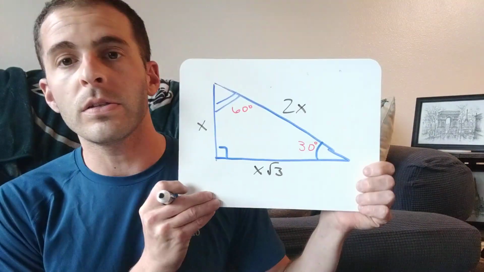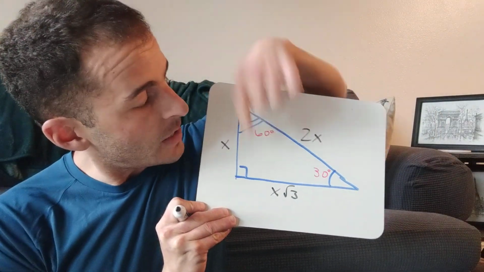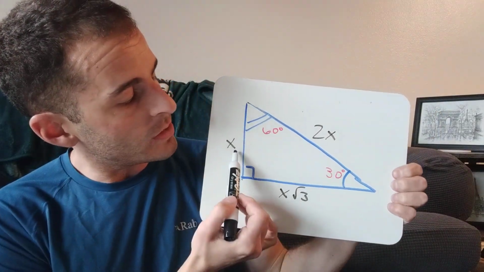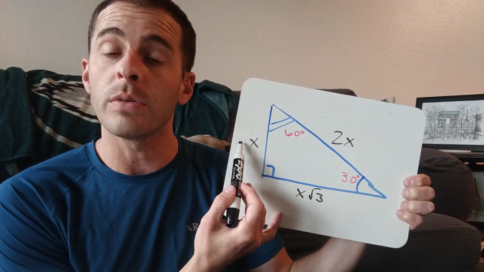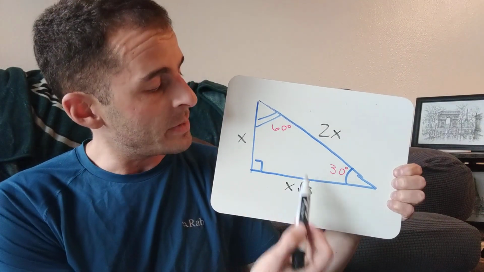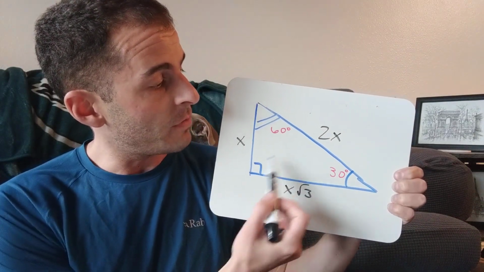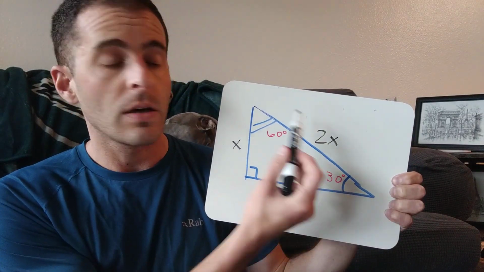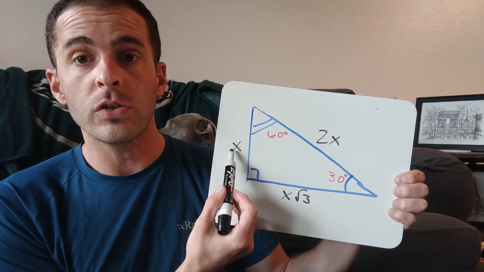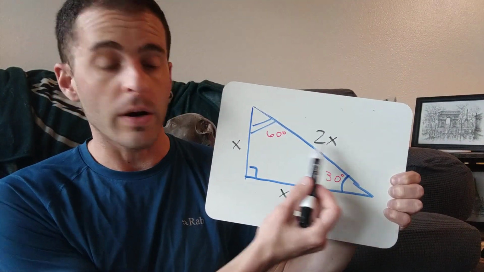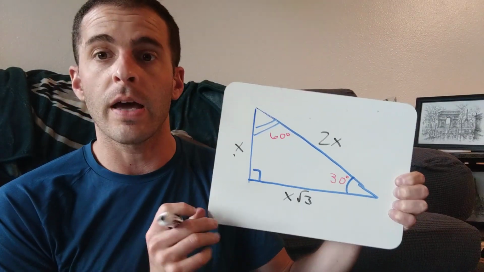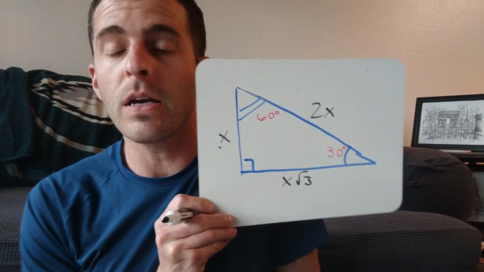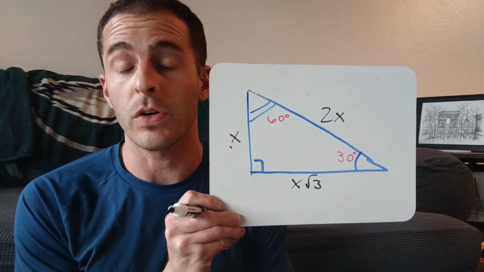So copy this down. And also, if you need to pause as well, copy down the 30-60-90 right triangle. Opposite the 30 is where you have your smallest side, right? The smallest angle, smallest side is opposite. That's going to be your x. Opposite the 60, that's x rad 3. And then finally, the hypotenuse is twice the length of the smallest side. So if this is 2, this is 2 rad 3, and this is 4. 3, 3 rad 3, 6; 4, 4 rad 3, 8, and so on. Again, another important pattern to easily identify the sides, and then the six trig functions of 30-60-90 right